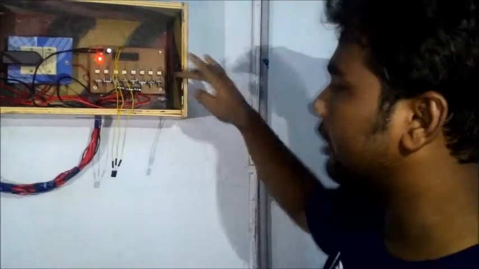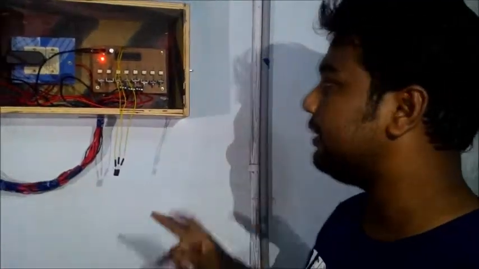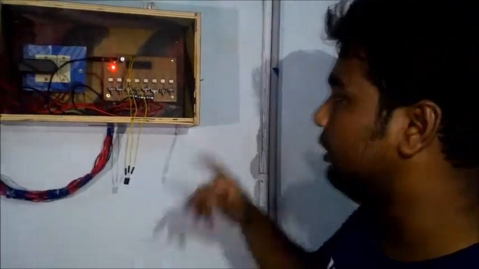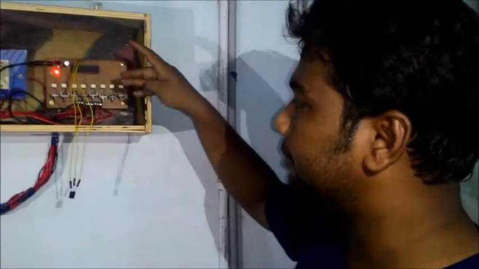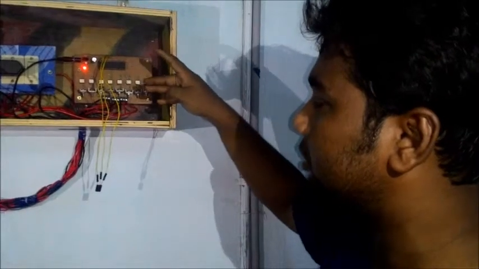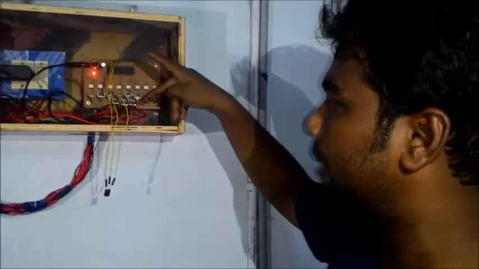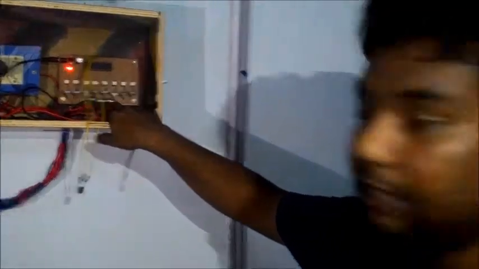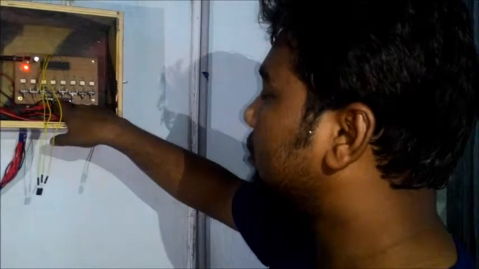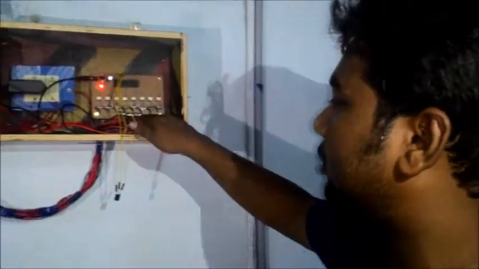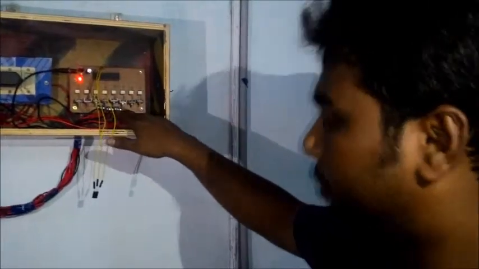So the triac has 3 pins. One is for ground, another is connected to the 5 volt, and another is connected to the 220 volt. So whenever the optocoupler gives 5 volt to the triac, it will detect the 5 volt and short circuit that path, and it will give 220 volt to the appliance. We have given only one port to the 220 volt, in one port of the triac, and the other ports are open. So whenever we press some key, the triac will regulate the operation. For reference, as you can see, all the appliances right now in this lab are running.